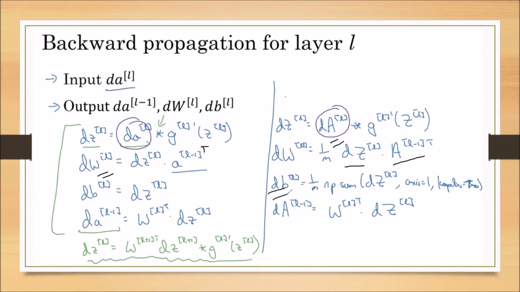Now dBL is equal to 1/m into, because we want to perform the column-wise sum, np.sum(dZL, axis=1), and keepdims=True, which keeps the dimension: whenever we are getting 3 comma, here we are getting 3 comma 1. In the last step we are writing capital dA, and W will not change even when we use a single training sample or m training samples, the dimensions of W will not change. The dZ. This is how we have vectorized the back propagation.